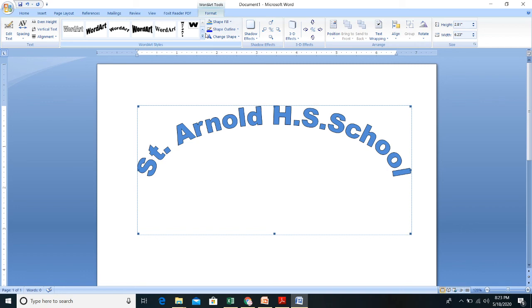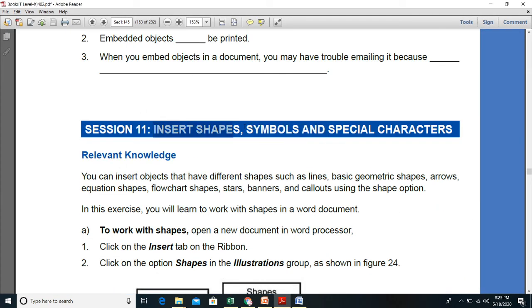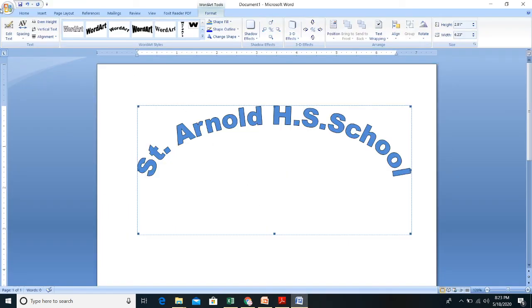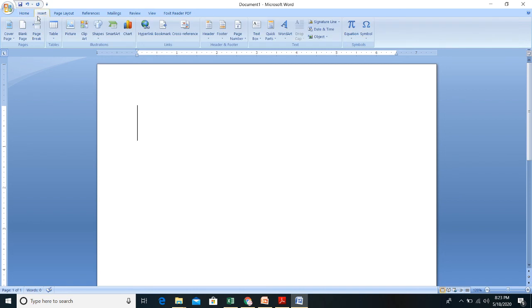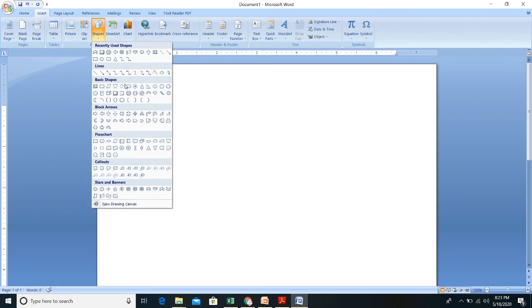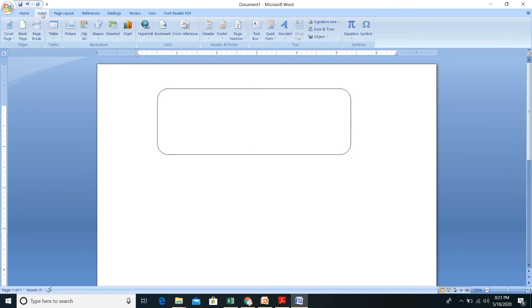So this is overall about how you can insert shapes, how you can insert symbols, and how you can insert special characters. Special character means Word Art in your MS Word document. Again, let's do a quick revision. Inserting shapes is very easy: click on the Insert option, then click on the Shape option, and you can easily insert shapes from here. In the same way, if you want symbols, click on the Insert option and select symbols from here. Word Art is very easy: click on Insert and the Word Art option.